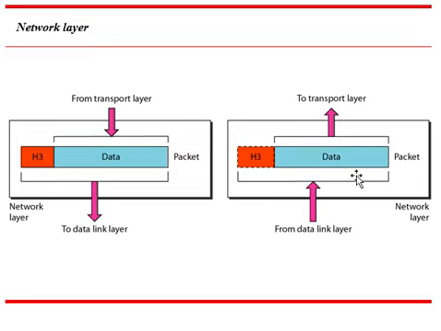Here you can see both sides: this one is the sender side, and the other one is the receiver side. In the first figure, we receive information from the transport layer at the network layer, and the network layer forwards this information to the data link layer. On the other hand, at the receiver end, the network layer receives information from the data link layer and forwards it to the transport layer.